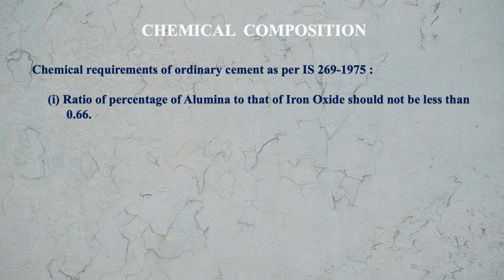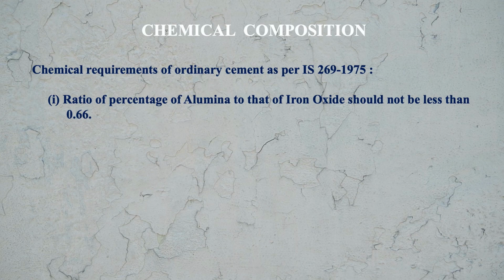First, let us begin with the chemical composition of cement. As per the BIS code IS 269, 1975, chemical requirements of ordinary cement are as follows. First of all, the ratio of percentage of alumina to that of iron oxide should not be less than 0.66. Another